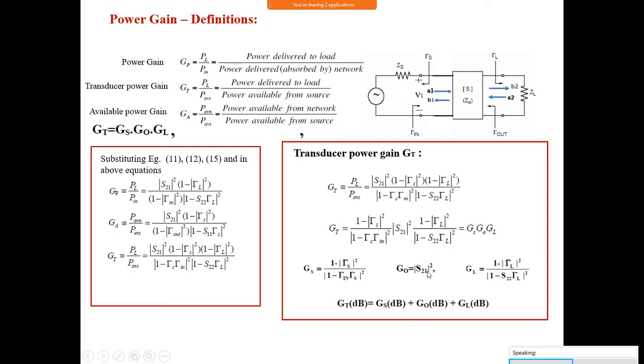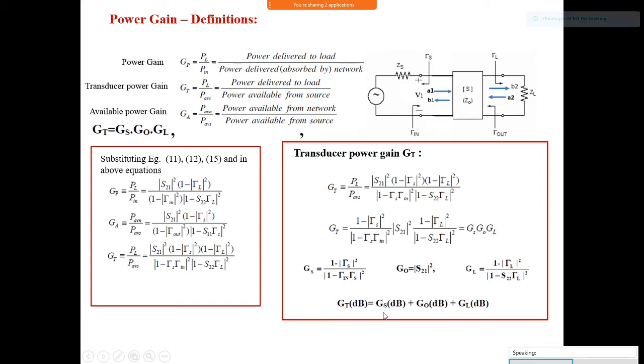G naught, what we get from here, is 12 dB, but we need a total of 20 dB. Here 12 is available, but what we needed is 20. So the remaining 8 dB we should get from GS and GL. At least GL must be equal to 4 dB, and GS must be equal to 4 dB. Then 4 dB plus 4 dB is 8 dB, plus this G naught of 12 dB, totally it is 20 dB. So G naught is fixed; we cannot make any changes or design it. It is fixed at 12 dB.